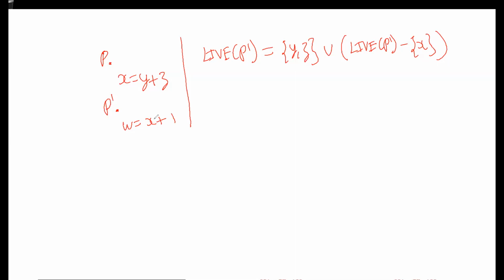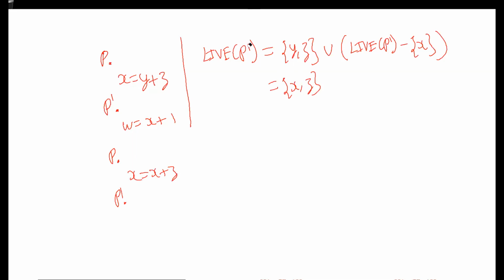Right? And this also takes care of the case, for example, what if the instruction is something like x = x + z and P prime is this? This is perfectly all right, because if you see this equation, this relation, then you can see this will turn out to be x, z. We know that x is live at,